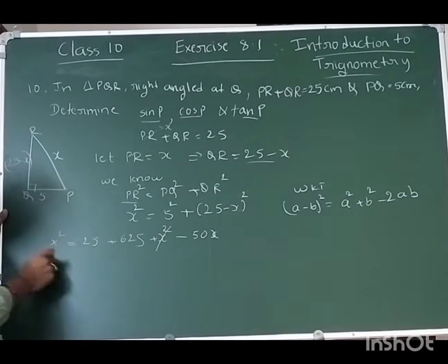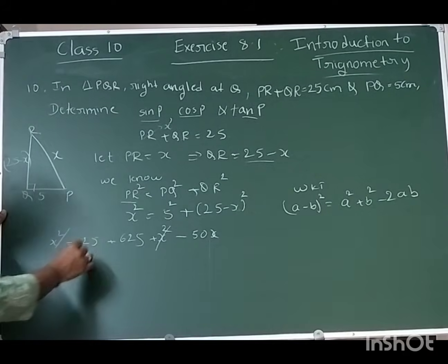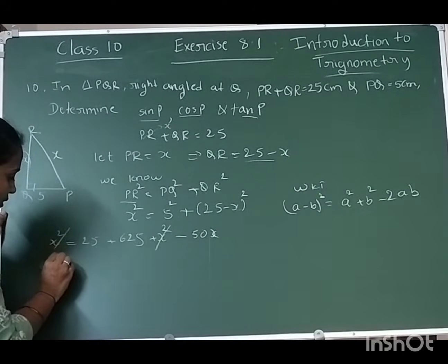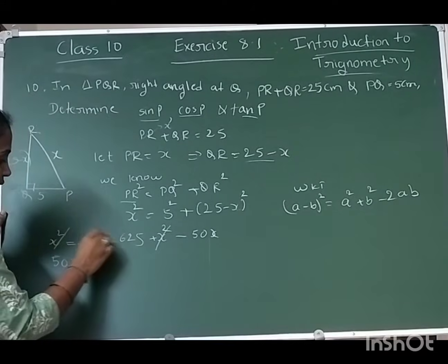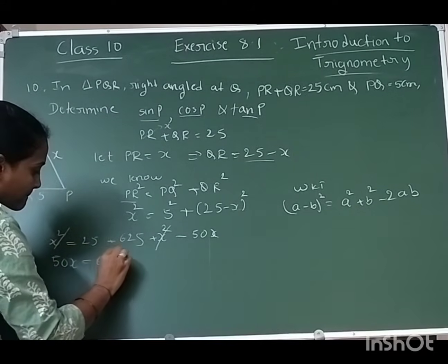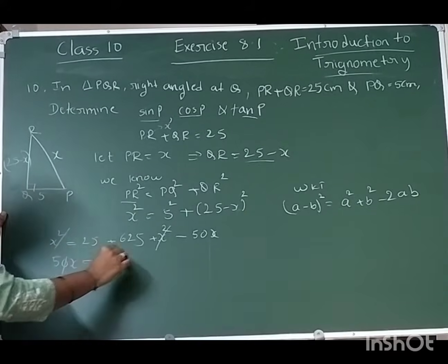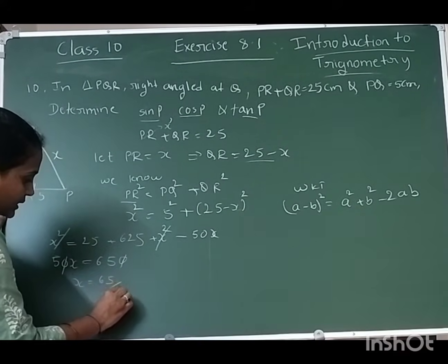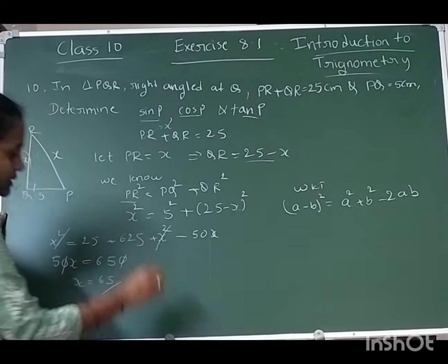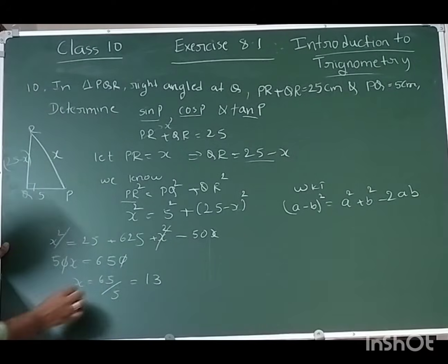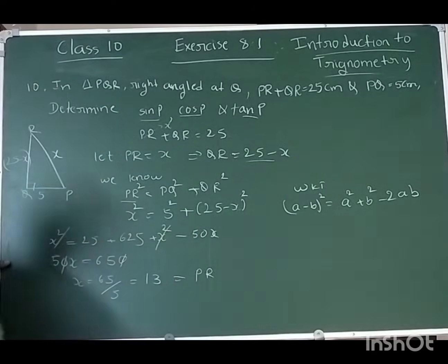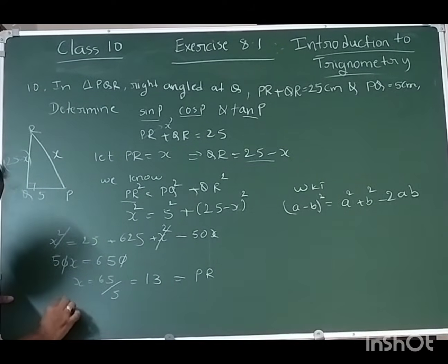So x square is common on both the sides. Let's cancel that, and the remaining x term will move to the left hand side. It becomes 50x is equal to 25 plus 625, that is 650. So 0, 0 will get cancelled, and x equal to 65 by 5, that is 13. So that's nothing but PR. So we can find out the value of QR